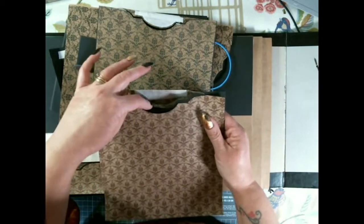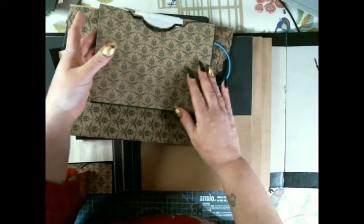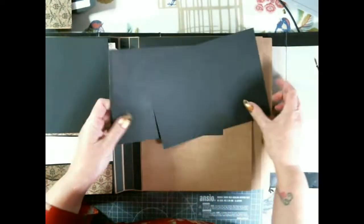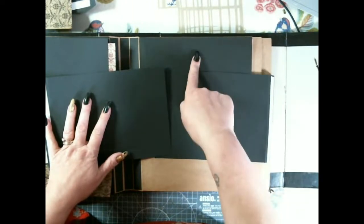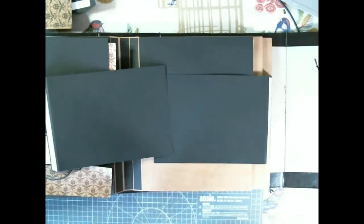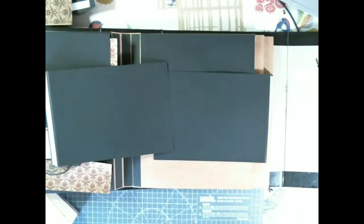I wanted to cut some decorative edges, so that's why that's all been done. First things first, two bits of paper. Now you can put these on first before you layer this piece on. I just layered this piece on first, and I had to have my notebook here so I know all the sizes. Alright, so the first piece is